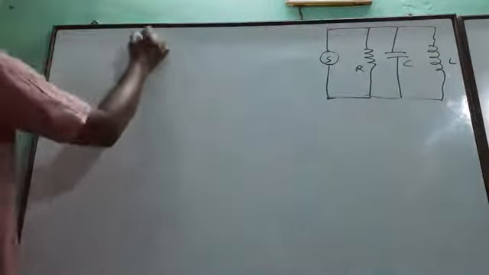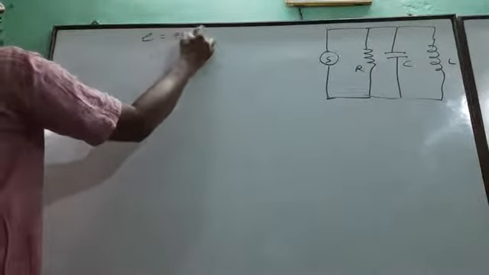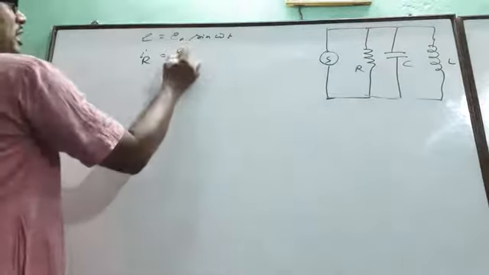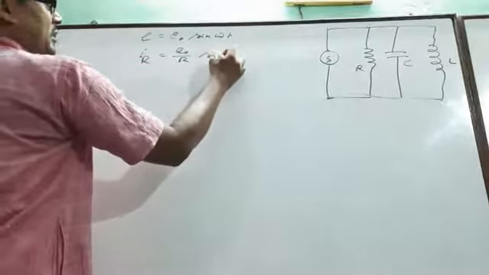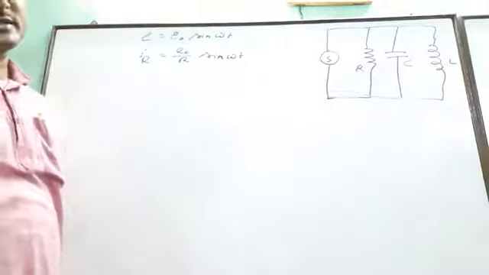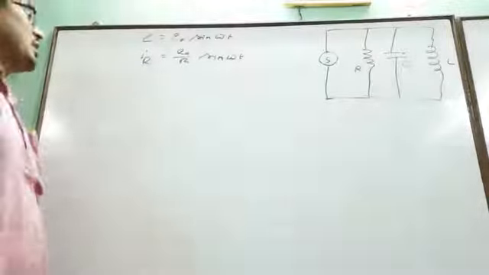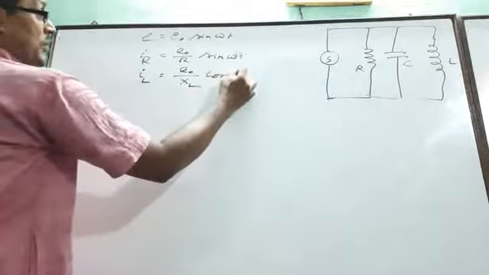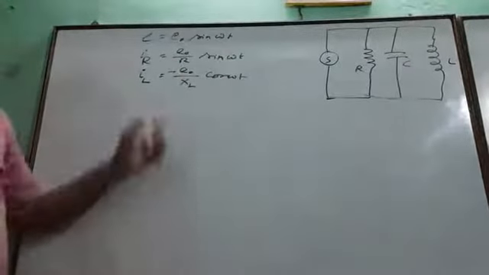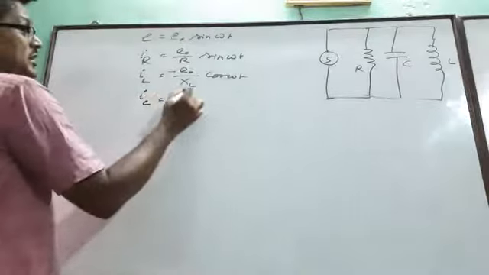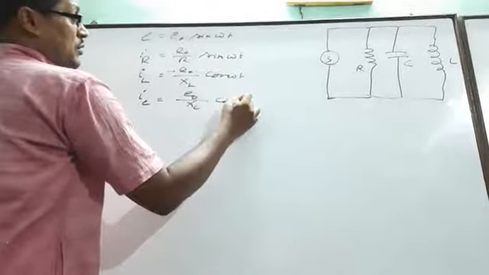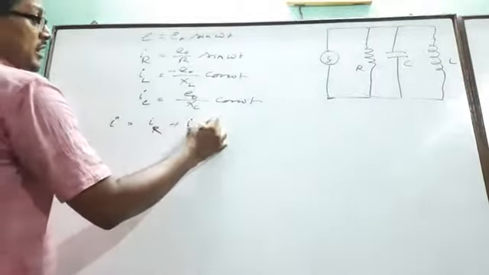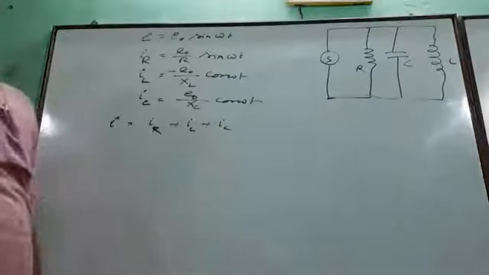Let the EMF be E equal to E naught sin omega t. Then what is the current through the resistor? That is E naught by R sin omega t, because the EMF and current remain in the same phase. I have discussed that at the first point. Now the current through the inductor is E naught by XL cos omega t, we know that there is a phase lag, so minus. And I through the capacitor is E naught by XC cos omega t. So in parallel combination we know that I equals IR plus IL plus IC, because the current will divide.